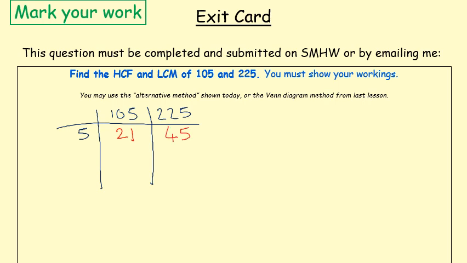by 5. Okay, so this is where it gets tricky, and some of you got this far and we concluded the highest common factor was 5, but actually 21 and 45 have some other numbers in common, so we can actually divide those further. So good test, if the numbers are both even, then you can always divide by 2. If the digits of the numbers add up to a multiple of 3, then they're in the 3 times table. So in 21, 2 plus 1 is 3, that means 21 divides by 3. If you add 4 to 5, 4 plus 5 is 9, 9 is in the 3 times table, that means 3 is a factor of both, so 3 is the next number I'm going to pick to divide into 21